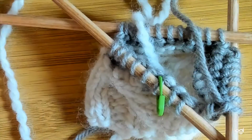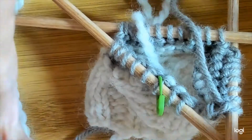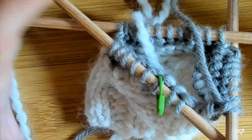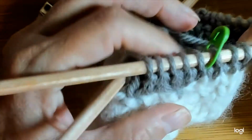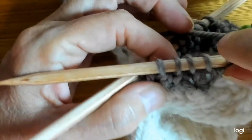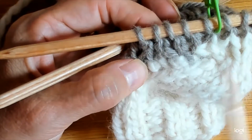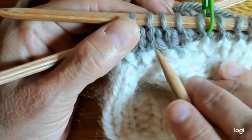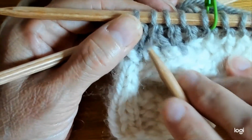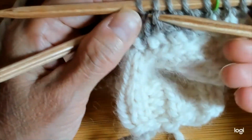Now, if you go to pick up your knitting at some point and you can't remember, and you weren't done with your gusset decreases and you can't remember whether you're on a decrease row or not, all you need to do is pick up your knitting and look at the last row that you did. If you look at this last row, the next to the last stitch on needle 1, you'll see here that you have a stitch on the needle and a plain stitch